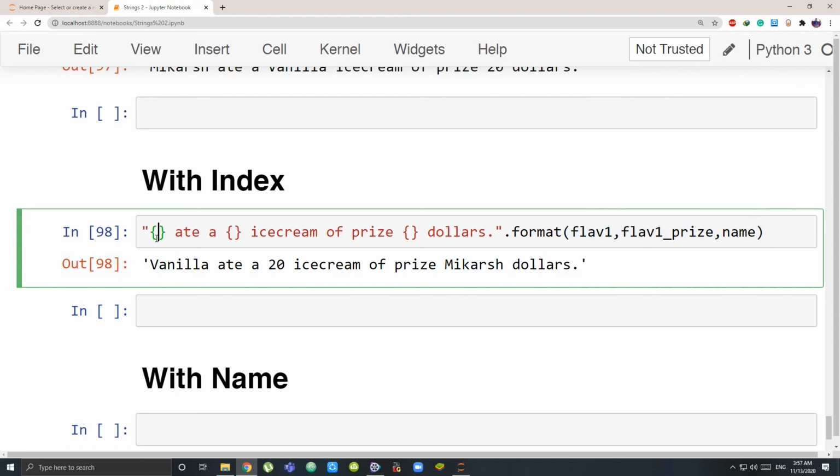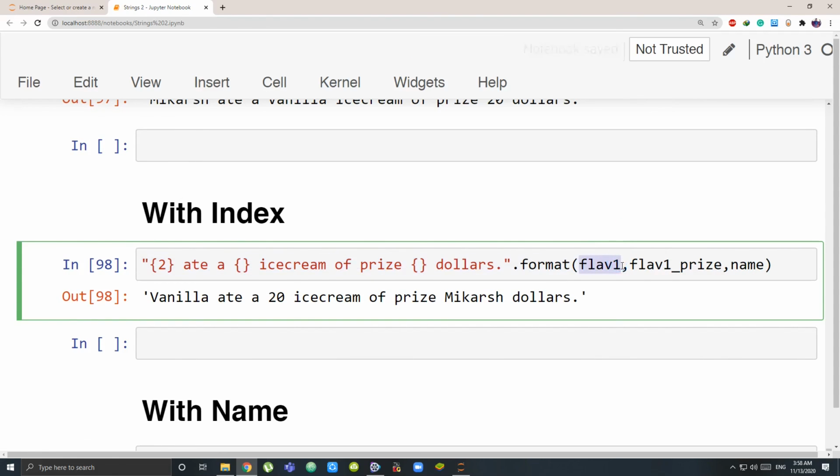So one change that I can do is I can give which position element is going to be coming over here. So inside my round bracket, what do I want in the first curly bracket? I want name to be there, whatever is stored in the name. So what is the position of name? This is the 0 position, this is the first position, and name is the second position. So I can actually put whatever is there in the second position in the round bracket, flavor 1 being the first one, the 0th position.